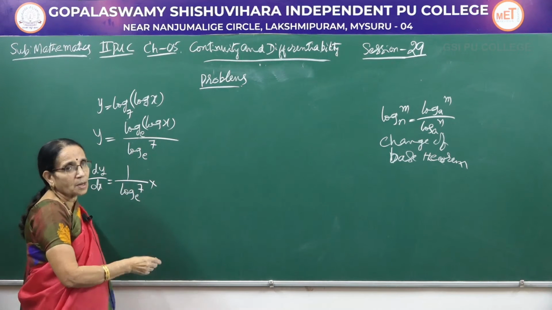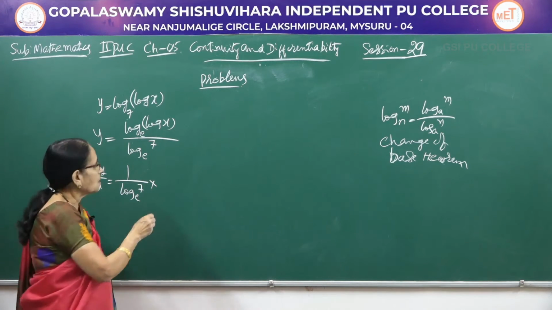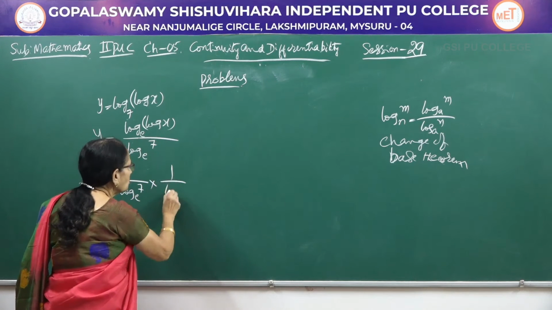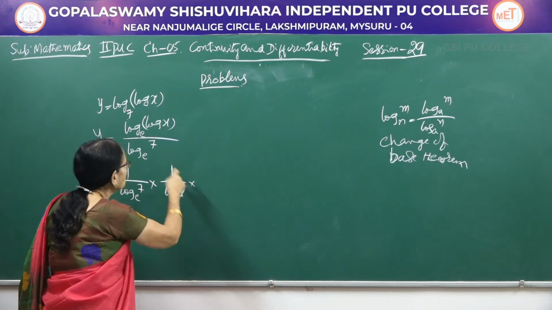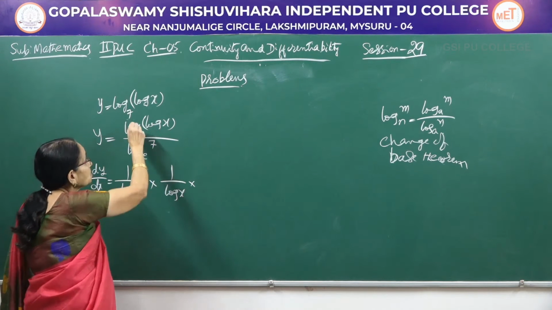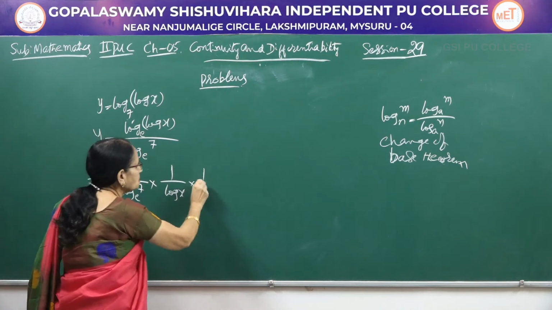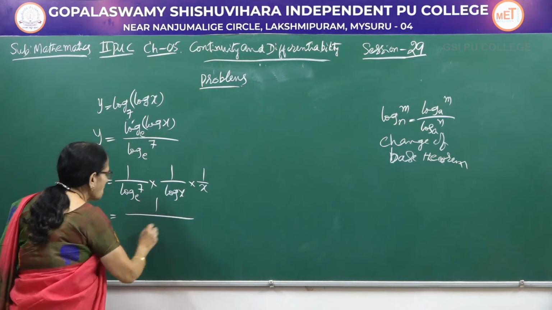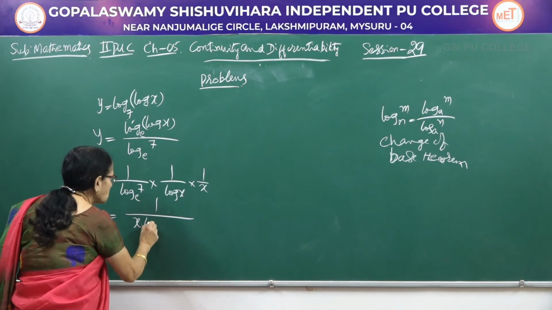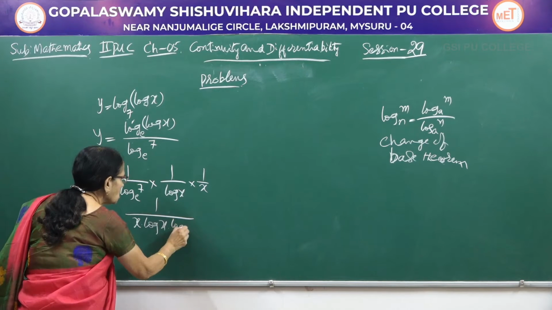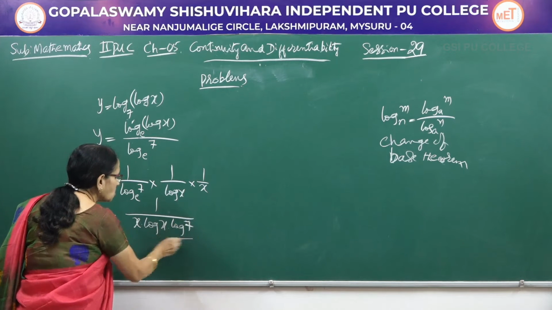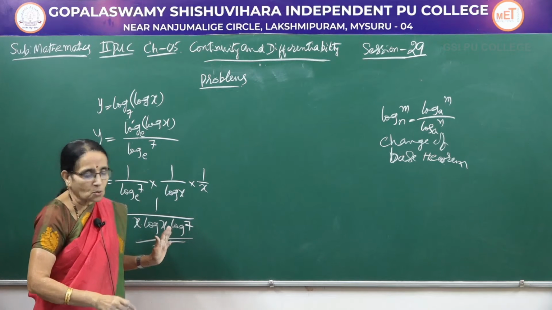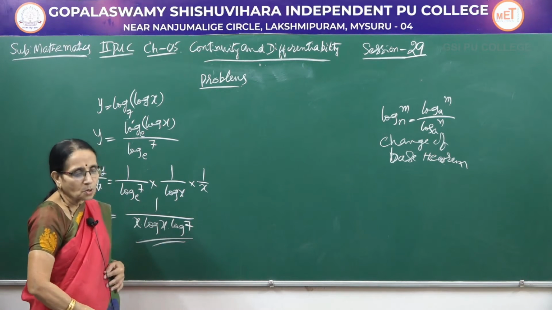Now log of log x, we have done this problem already, log of log x, composite function, log of anything is 1 by something, log of log x means 1 by log x. So this is over, for log x it is 1 by x. So this is the answer, right, in a proper order, it is 1 by x into log x into log 7. For log x into log 7, there is no rule, don't multiply log of 7 into x, there is no such rule here. So this is how we have to solve the problem.